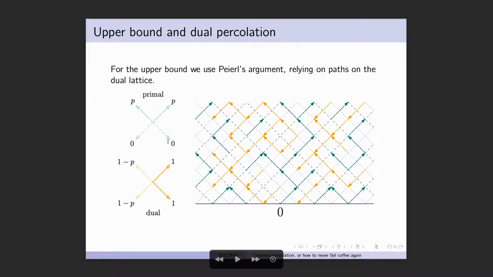And the natural way to construct a dual configuration starting from a primal configuration is to say, well, for every edge that I don't have, so for instance, this one from here to here is not present in my configuration, I have a dual edge, which is just the next one counterclockwise, which is present in the dual configuration. So I'll have an edge that goes down. On the other hand, for instance, this edge is not present in my initial configuration, so the next one counterclockwise is this arrow which is present in the dual configuration.